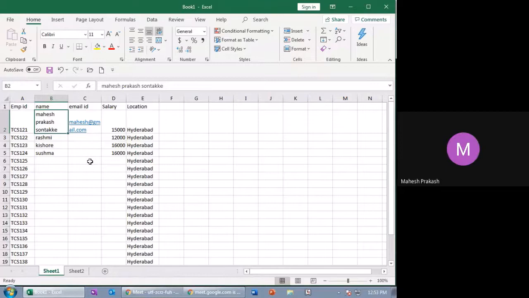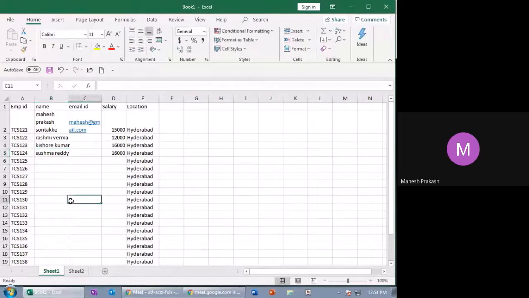I told you what wrap text does: if you have a huge name, okay, I'll show you over here. Imagine somebody's name is Rashmi Verma, Kishore Kumar, and Sushma Reddy.